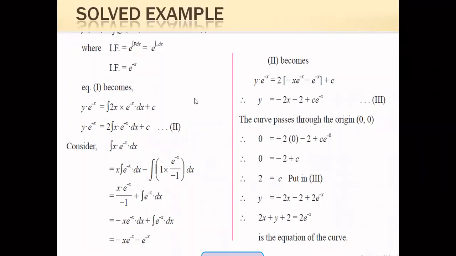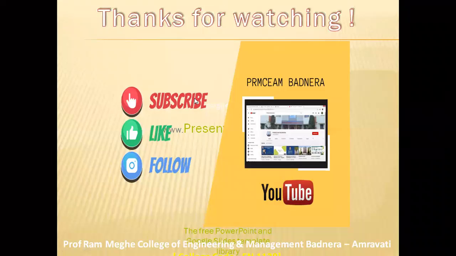linear differential equation. So today's topic was the linear differential equation, whose standard form is dy by dx plus py is equal to q. When we have to find its solution, we simply have the IF, the integrating factor, which is e raised to power integral P dx, and after finding the IF you have to take the solution of this equation, and it is y into IF